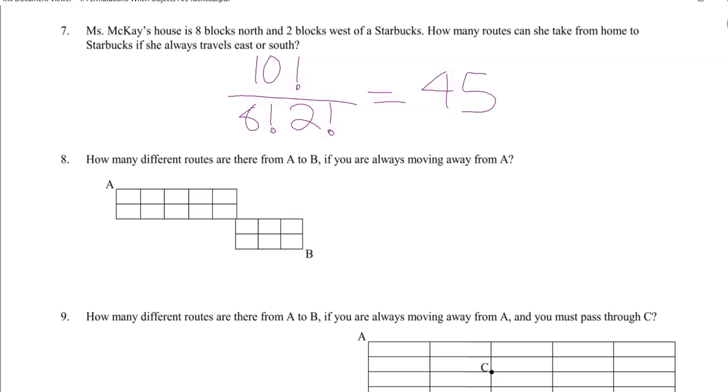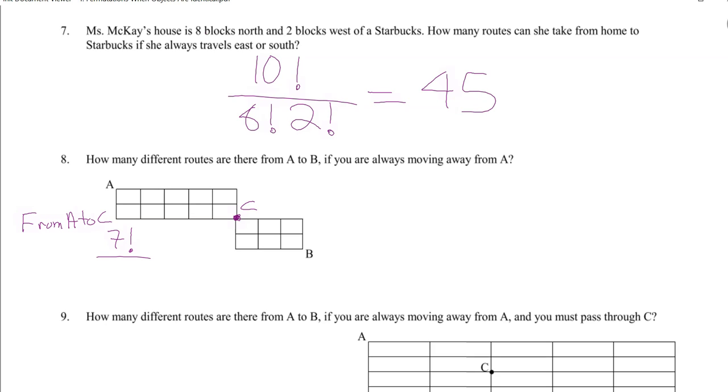How many different routes are there from A to B? So let's think about that. Let's say you live in an apartment building downtown, you work over in Kensington, so you've got to go over the bridge. So your apartment building downtown is on this grid. There's the bridge, and then where you work in Kensington is on that grid. So first we have to get to here. I'm going to have to go 1, 2, 3, 4, 5, 6, 7 blocks to get to the bridge. Let's call that C and say from A to C